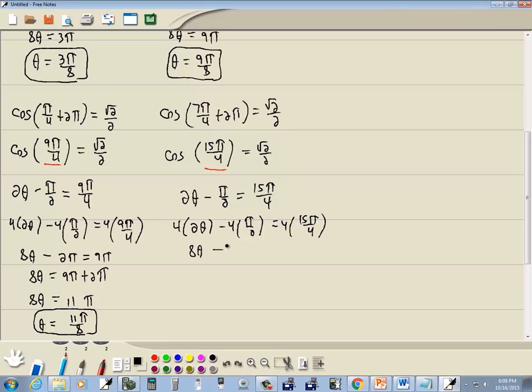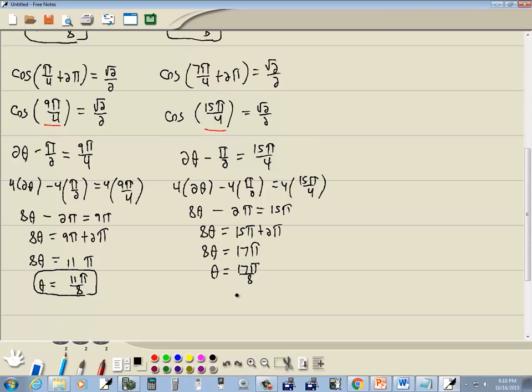That gives us 8 theta minus 2 pi is equal to 15 pi. Take the negative 2 pi over, so we got 15 pi plus 2 pi. So we got 8 theta is equal to 17 pi, and then divide both sides by 8, and we get 17 pi over 8, which if I put that in mixed number form,